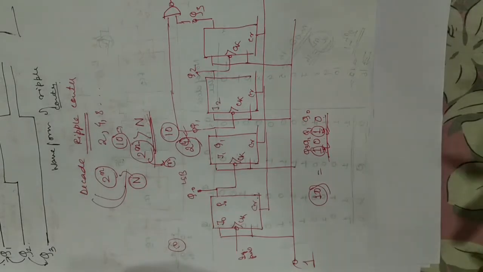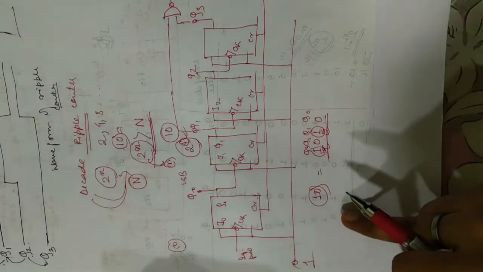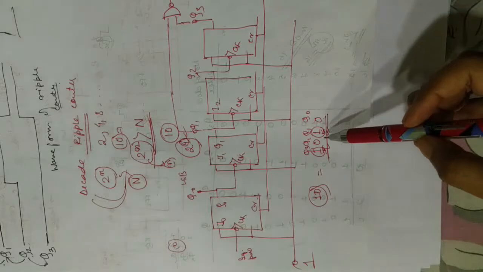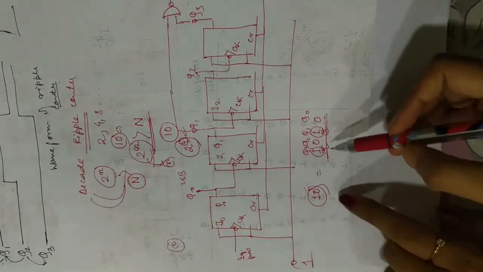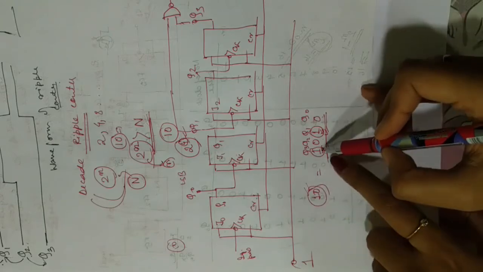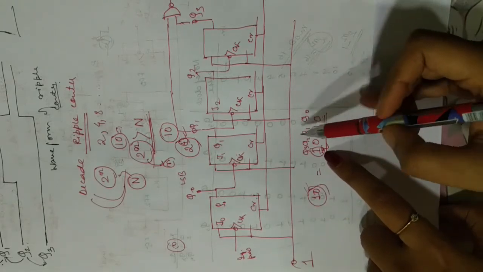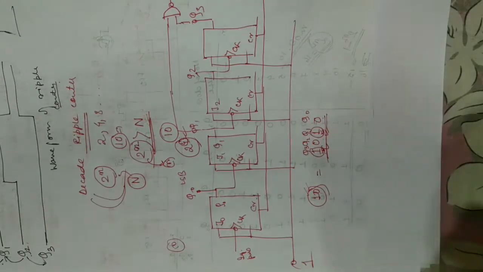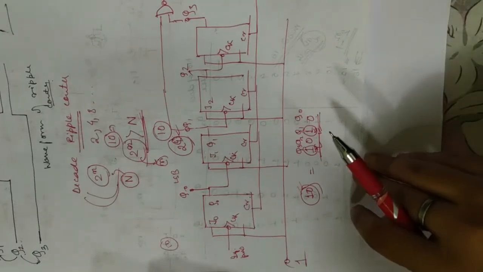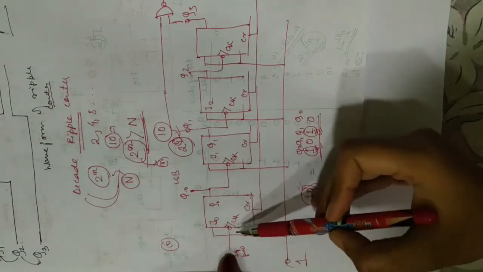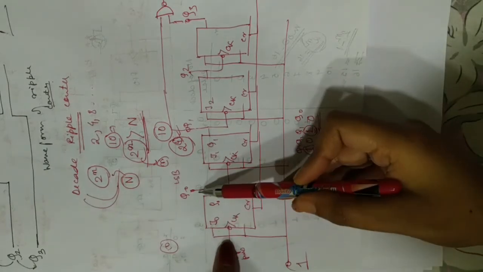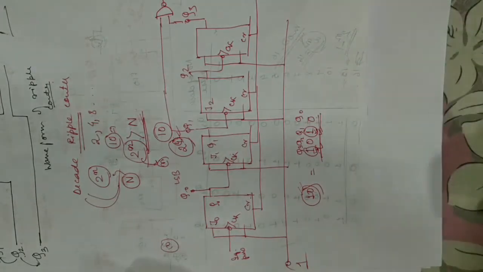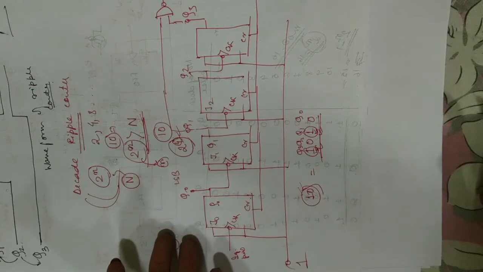So the only difference that we have in case of a decade ripple counter is the outputs of Q3 and Q1, which were both 1, because the binary equivalent of 10 has 1 in those places. So we take those terminals, connect them to a NAND gate, and the output is connected to the clear input, right? So what happens because of this is, you apply the clock pulse, the initial clock pulse changes the value of Q0, and the working is absolutely the same in case of this counter as well.